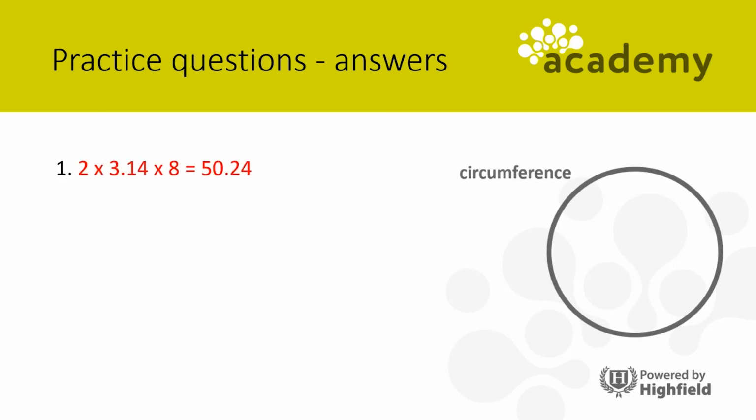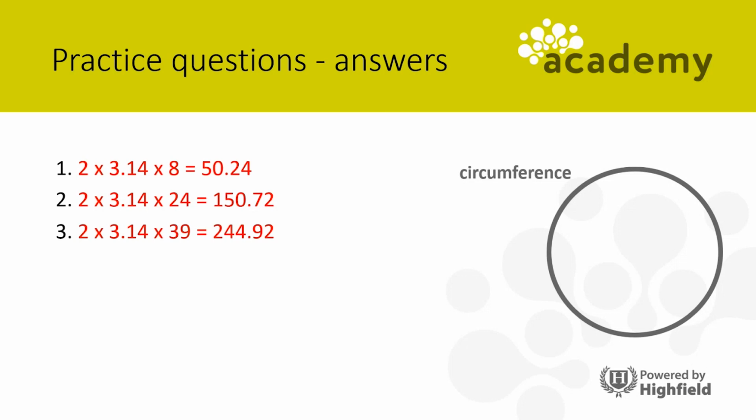Well, the first one is 2 times 3.14 times 8, which is 50.24. Second example, it's 2 times 3.14 times 24, which is 150.72. Third example, the circumference is 2 times 3.14 times 39, which is 244.92. The fourth one is 2 times 3.14 times 54, which is